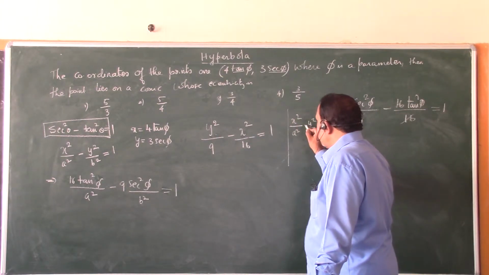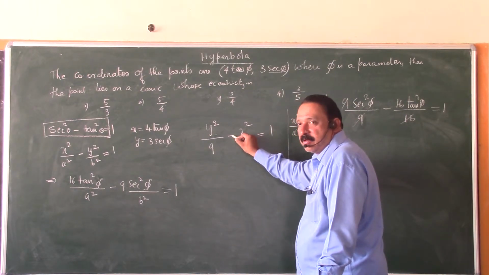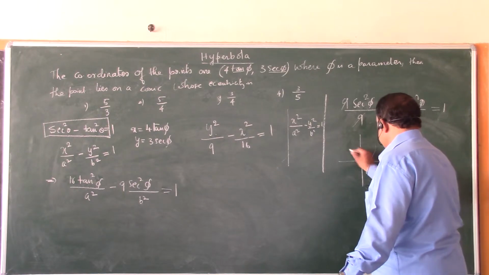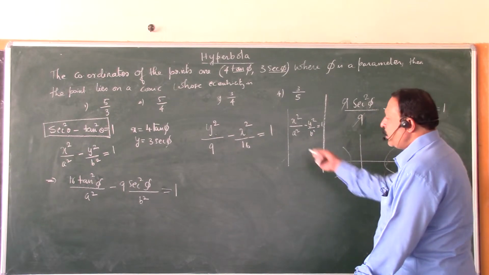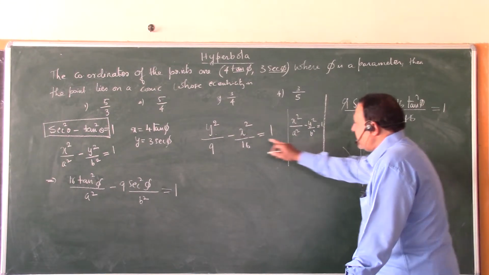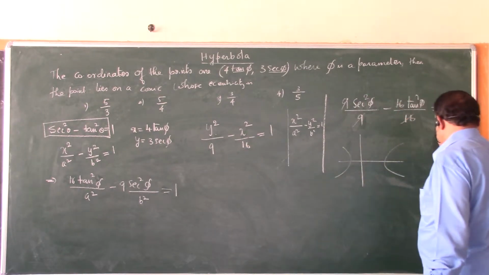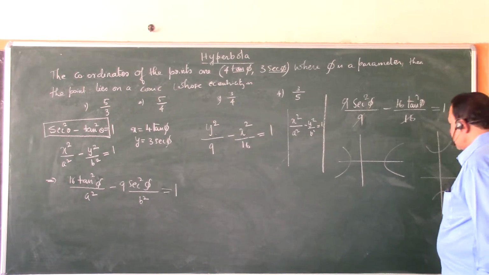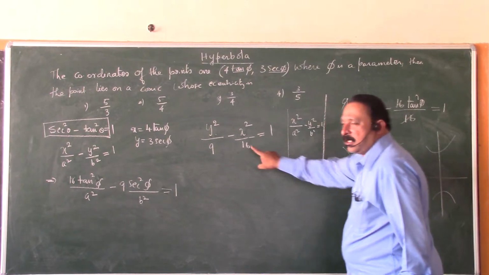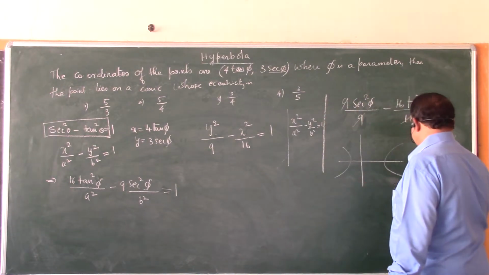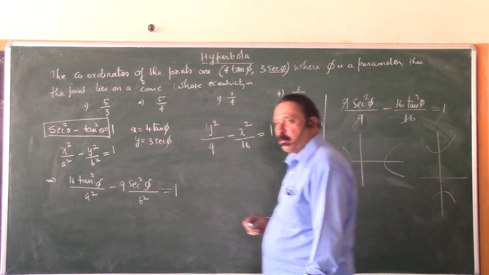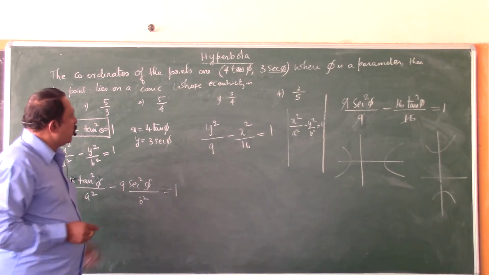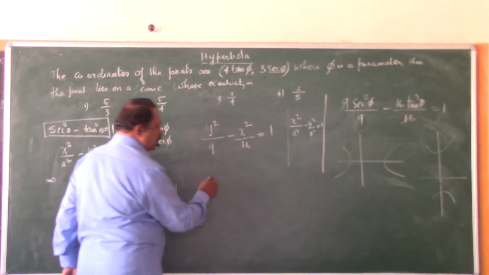Here y is positive, here x is negative. So regular hyperbola graphically is like this. If you interchange the signs of x and y terms, then the hyperbola comes like this. So this is this hyperbola, and this is regular hyperbola. This type of hyperbola is called a conjugate hyperbola. Remember, what is the name of that? Conjugate hyperbola. And you want to find the eccentricity, and the hyperbola is conjugate.